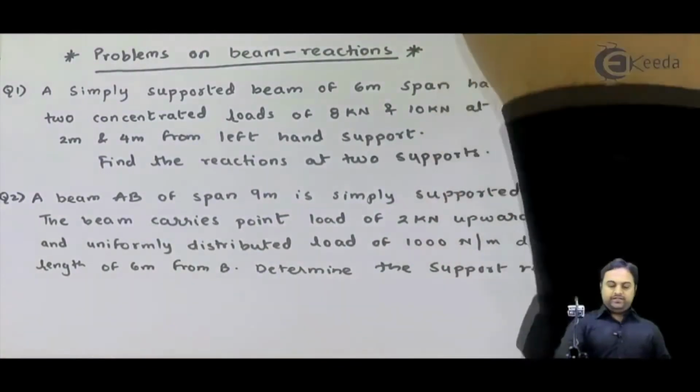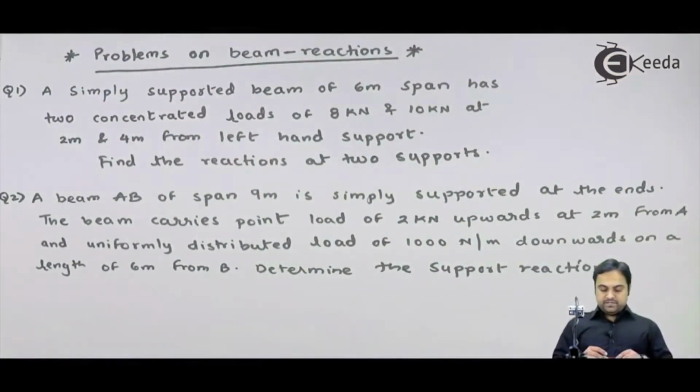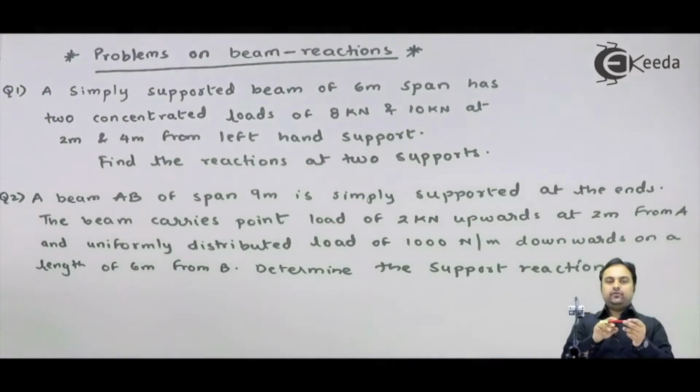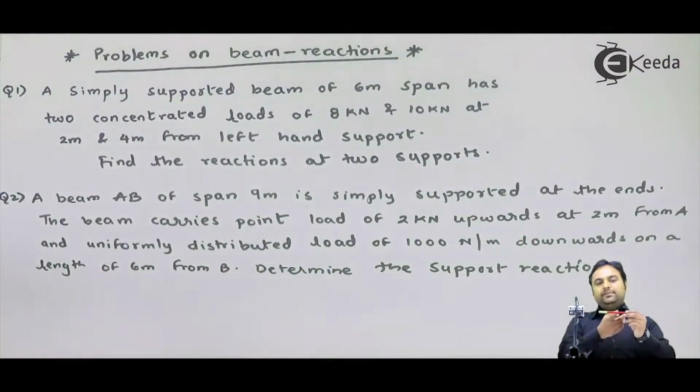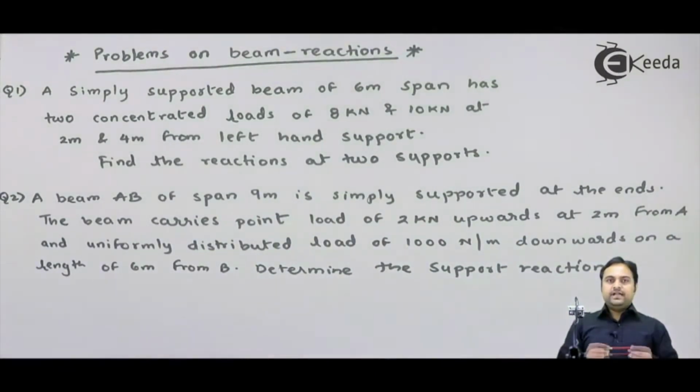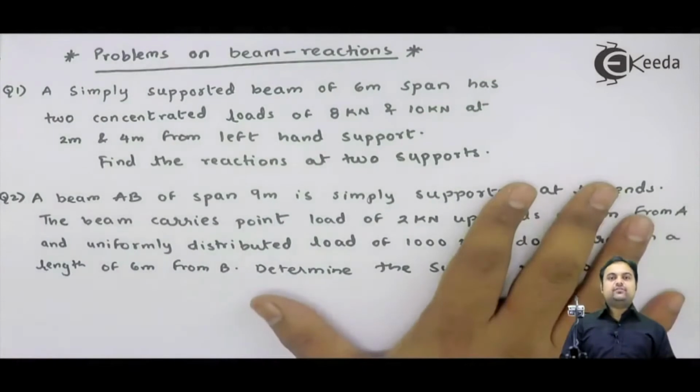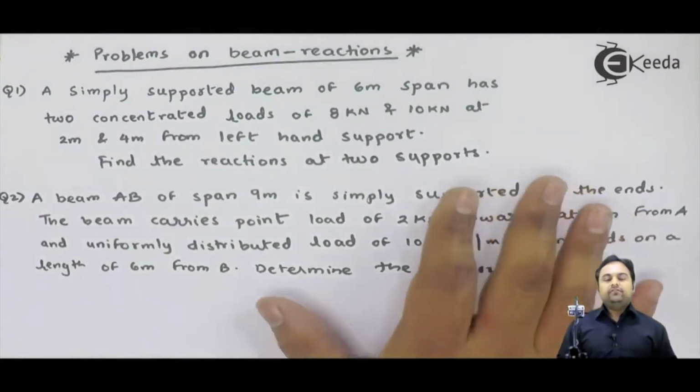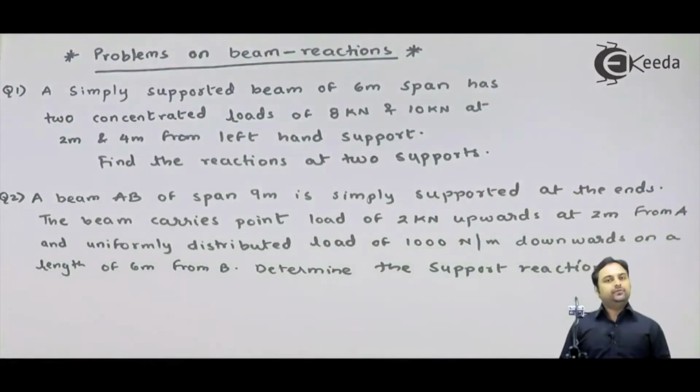the beam. For example, if I consider this pen to be a beam subjected to various forces, then the resultant of these forces would try to disturb the beam. But if we apply an equilibrium force in the opposite direction, that will cancel the resultant and the beam would be brought to its initial stable condition. So here in beam reactions, whatever problems we are solving, we are considering the beam to be in equilibrium.